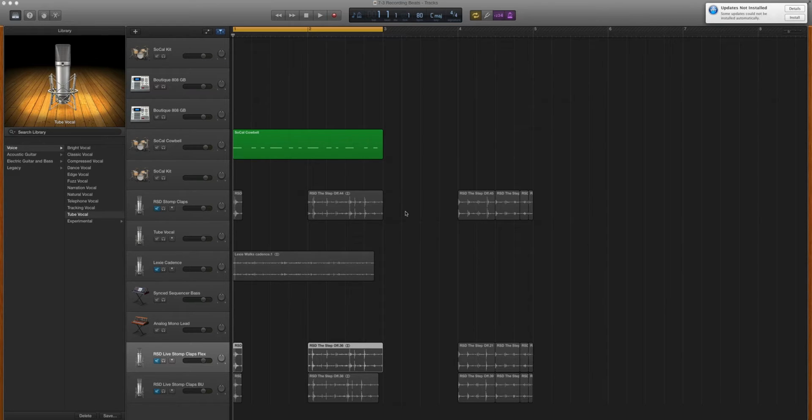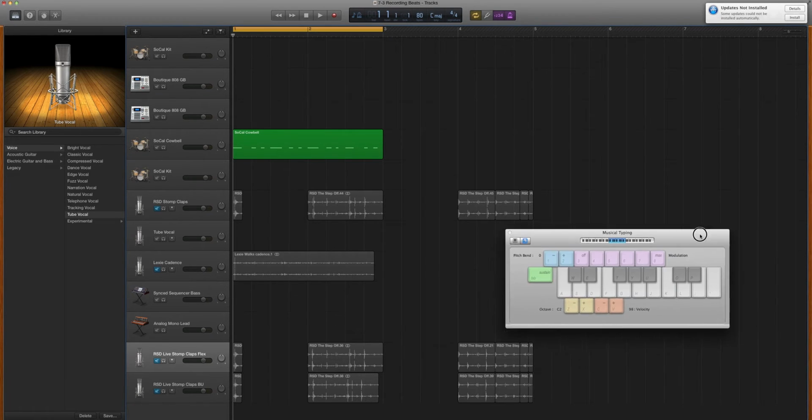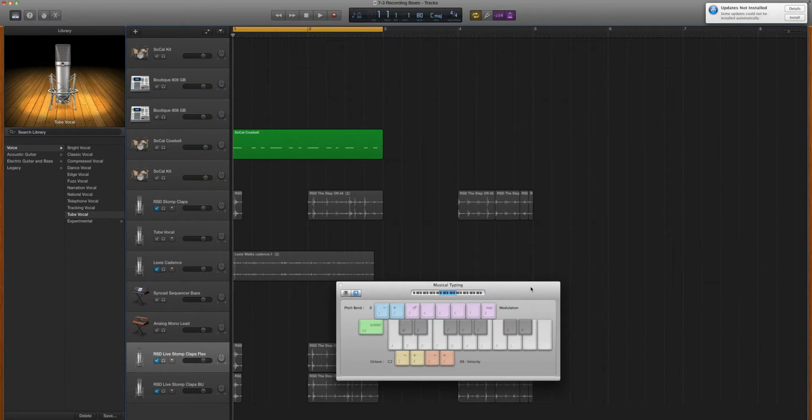So number 1 on the bottom of page 246, go ahead and open 7.3 recording beats. The project opens with cycle mode on and the library displayed. Press Command K to show the musical typing window. Command K. There it is. Number 3 on page 247, it says select the SoCal Cowbell track if it's not already selected